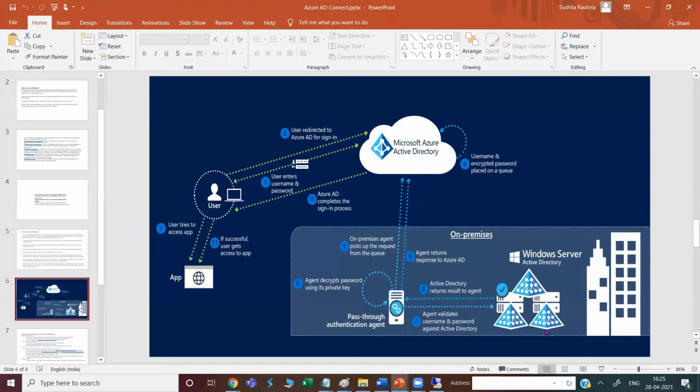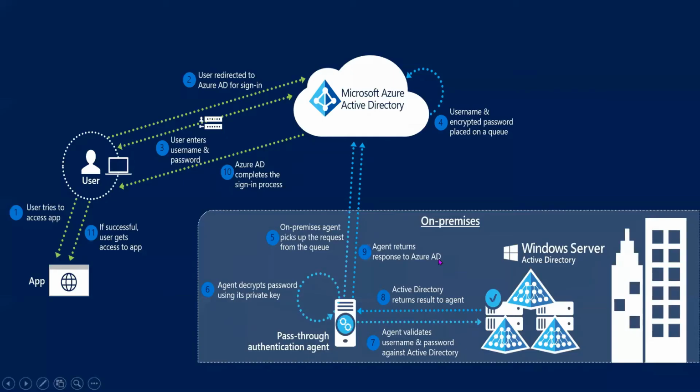Okay, so what happens in case of pass-through authentication? First of all, let's understand the flowchart. Then we will go ahead and deploy this one. So let's say this is a user here. Okay, and this user is trying to access an application which is integrated with the Azure Active Directory. Let's say Office 365. So first of all, what will happen? There will be a browser. On that browser, he will try his Azure Active Directory username and password. Okay, so the first step is that the user tries to access the application. So this is your first step.